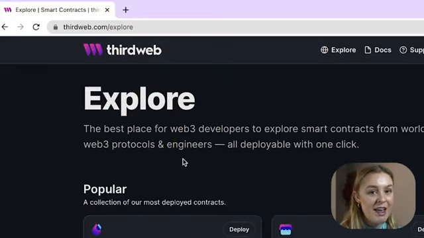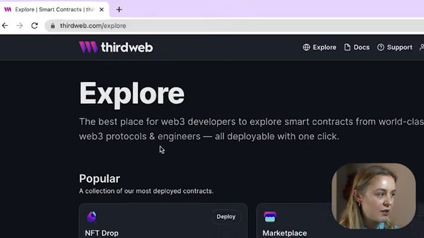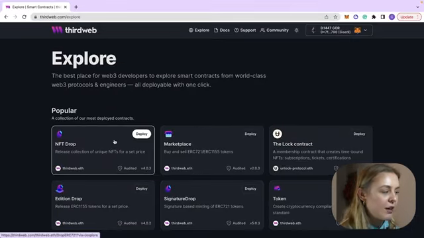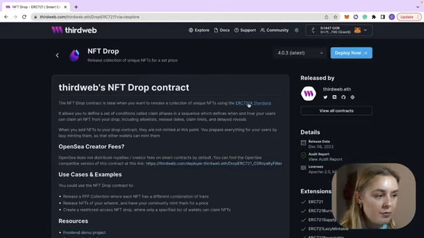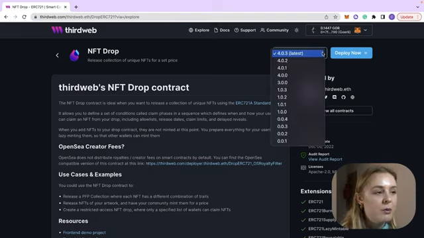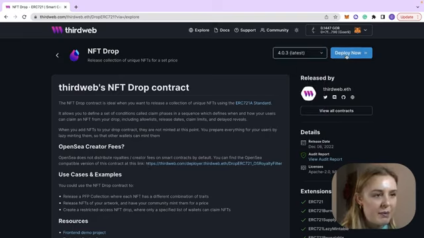So the first thing that we're going to want to do is head to the explore page, which you can find at thirdweb.com/explore. We're then going to want to click on NFT drop. Here you will see details on the contract itself, what it could be used for. So you're going to want to make sure that you're on the latest version, and then we're going to click